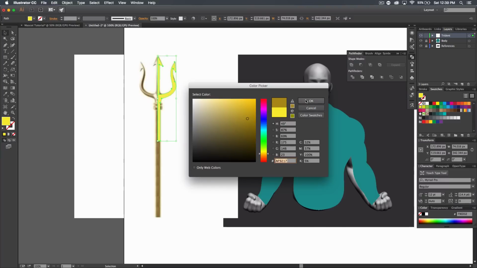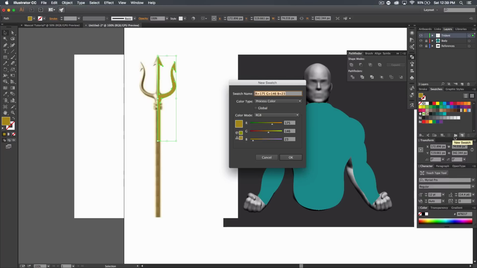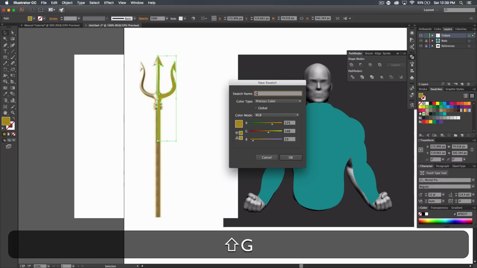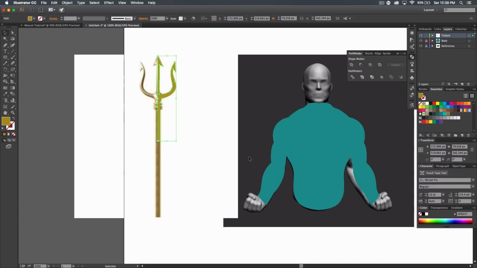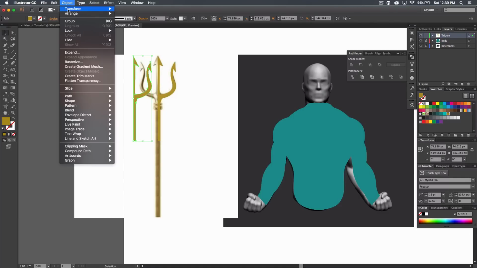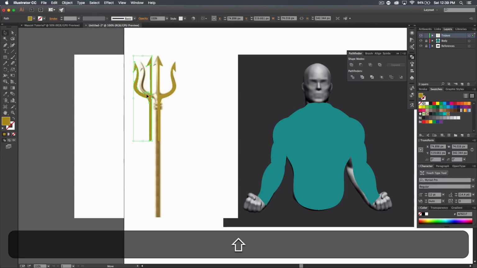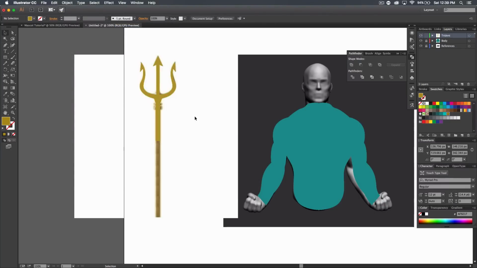So the code I'm going to be using is AF9217 if you're curious. I'm just going to click OK, and if you do something like that, I recommend saving that swatch, so I'm going to go ahead and do that, and I'll call this the gold. And again, we're just going to repeat what we did before. Press Alt, click, Shift, drag over, right click, transform, reflect, OK, line it up, select them both, and that was